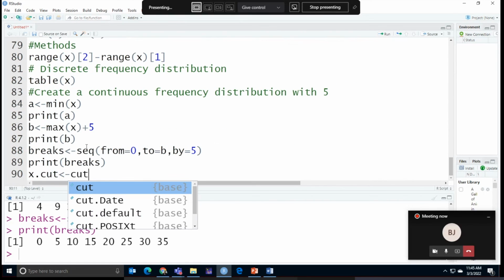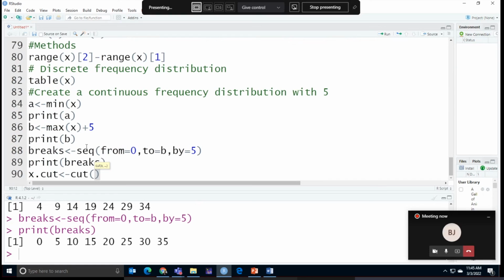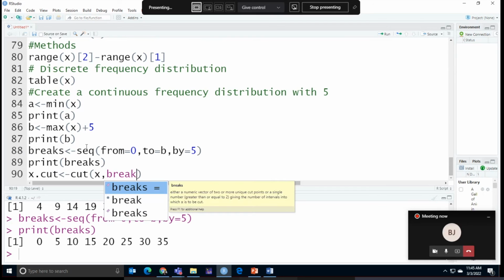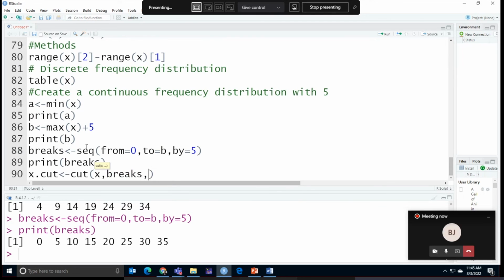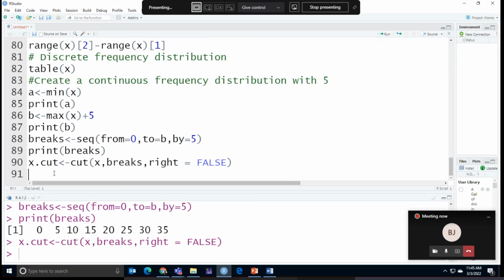So the command is cut. How I want to cut? I want to cut my x. I want to cut my data along with the breaks. This breaks, okay? Breaks. And I am making right equal to false because I am creating the exclusive frequency,